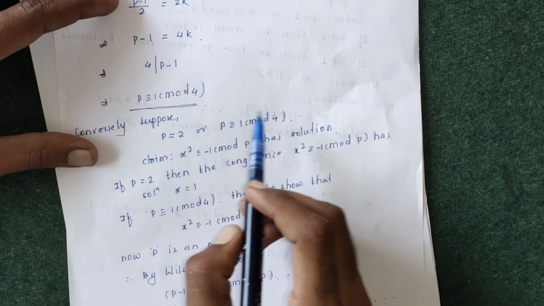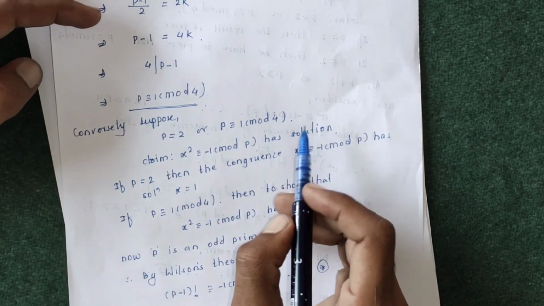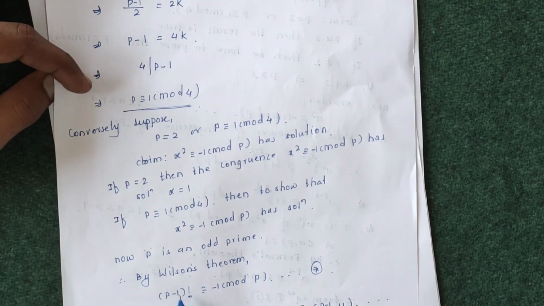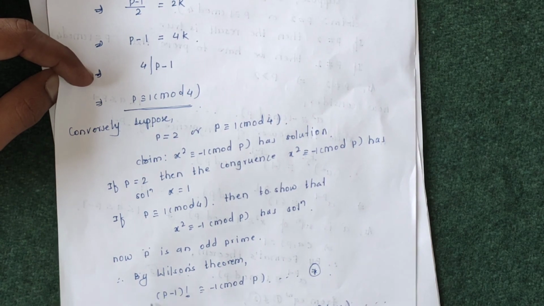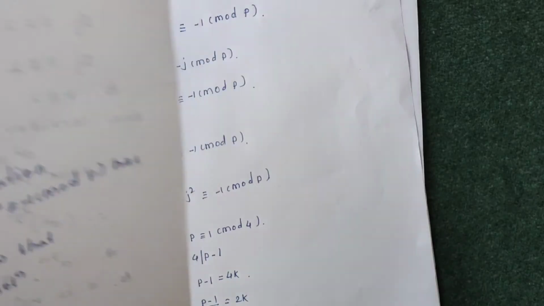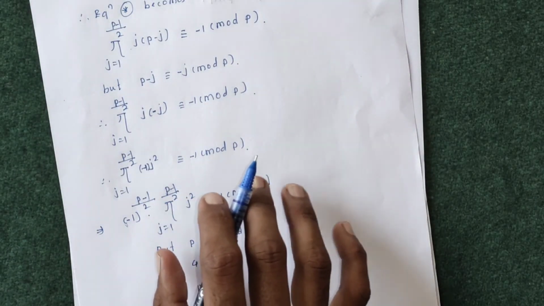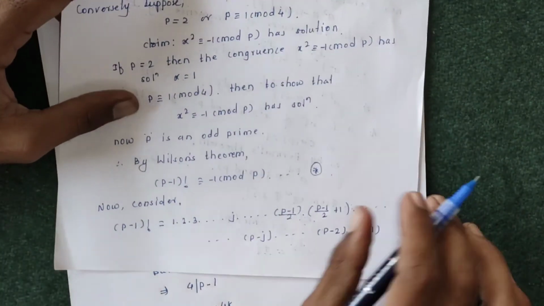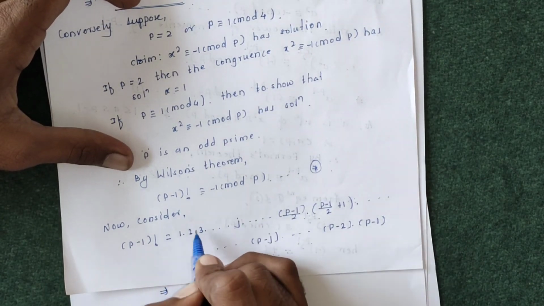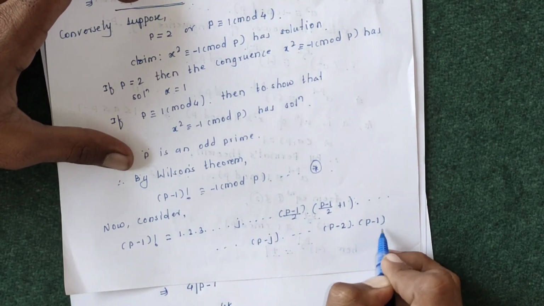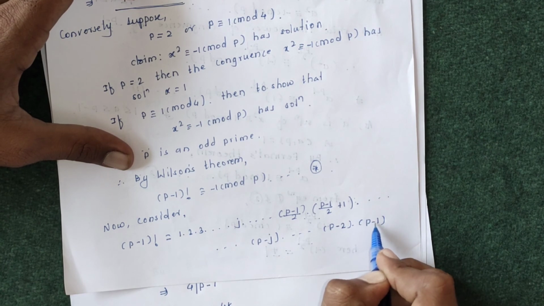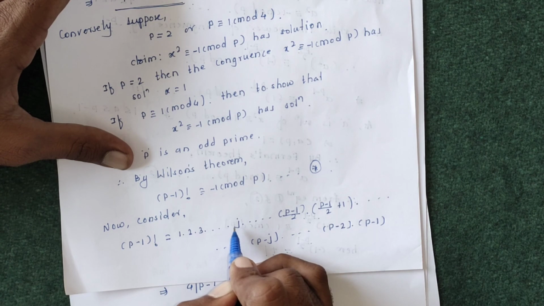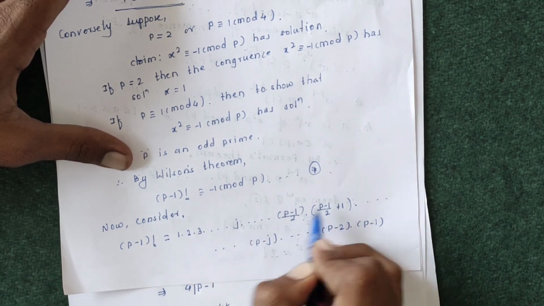If p is not equal to 2, that is p congruent to 1 mod 4, then we use Wilson's theorem. From Wilson's theorem, we can write (p-1)! is congruent to -1 mod p, and rearranging this (p-1)! as the product of j running from 1 to (p-1)/2 of j into (p-j). This arrangement is in this manner: 1 into 2 into 3 up to p-1. So the multiplication of the first p-1 integers is (p-1)!. So we write the first p-1 natural numbers in this form.